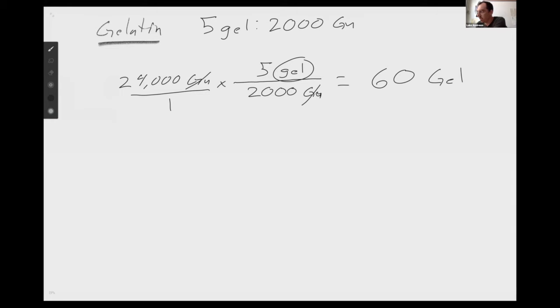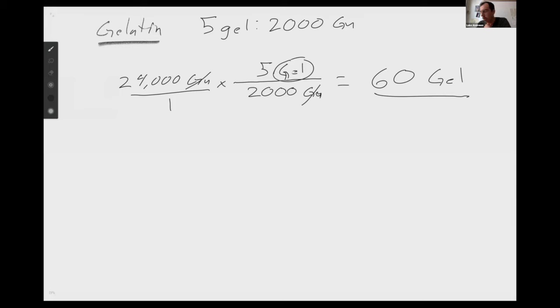And I really should be consistent with my units here. So I'm going to go ahead and switch that, make sure that's capital. There we go. Okay. So what this is saying is that we need 60 packets of gelatin total